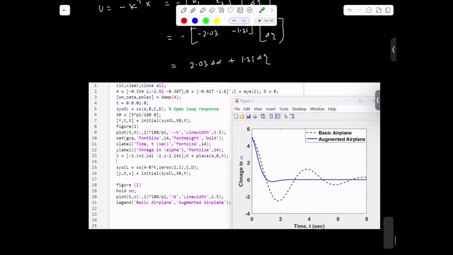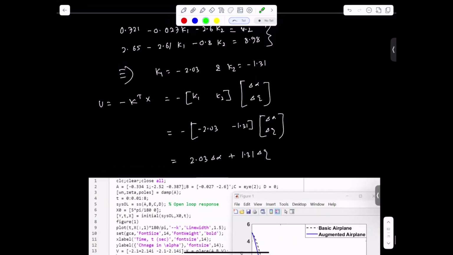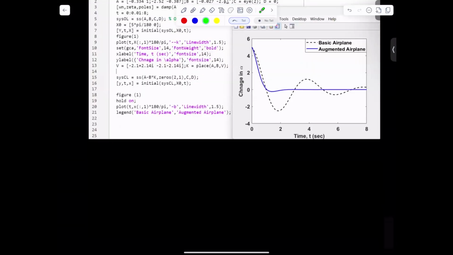Now, we have done this simulation for a second order system. If you notice, we have a second order system matrix. But if you look at the full aircraft dynamics, and if we consider the longitudinal motion dynamics of the aircraft, the equation is actually fourth order, right? But once the order of the system increases, it is sometimes difficult to solve numerically. So in that case, we have different methods to solve this kind of problem.